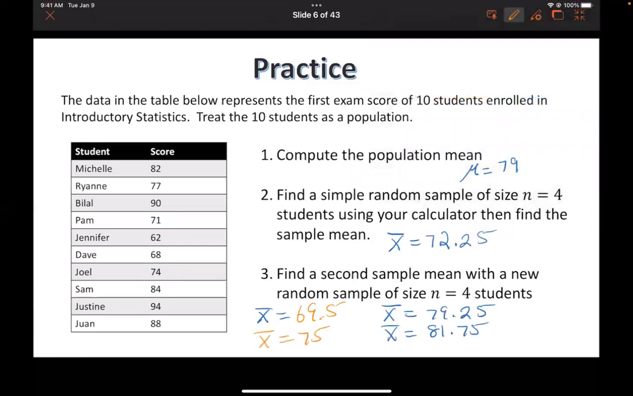80.75. 80.75. I got 83.25. Wow, 83.25. Okay. So notice that none of these are exactly the population. So it's always best if you can use the population, because it's clearly more accurate. But if the population is big, you can't